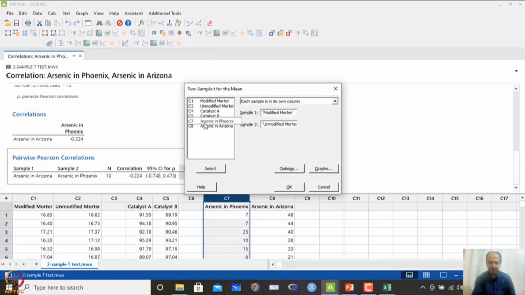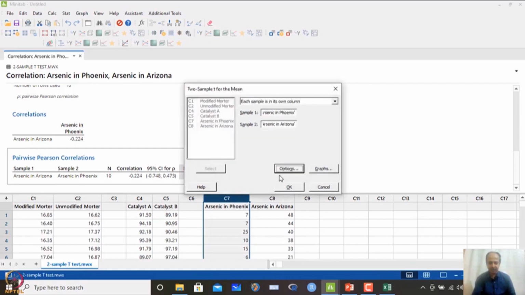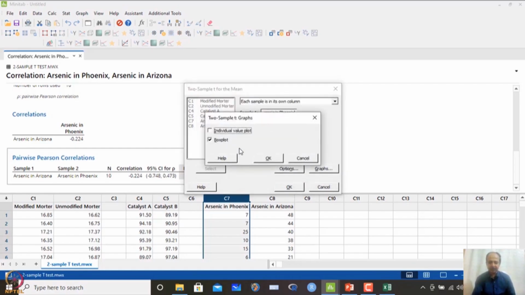So, I will just take Arsenic and then the second one, Arsenic as Arizona. In options, what we can do is assume equivalence, that condition is satisfactory, 95% that I have taken. The difference should be equal to 0, and the not equal to condition is what I want to test, like that. So, whether they are the same or different, and graphically we can see the box plot